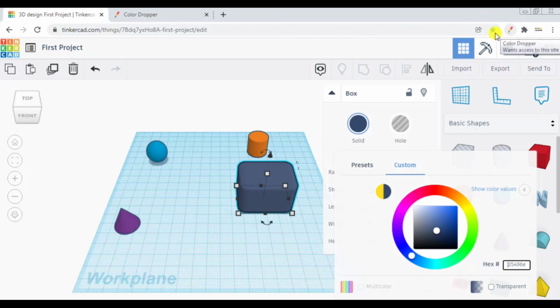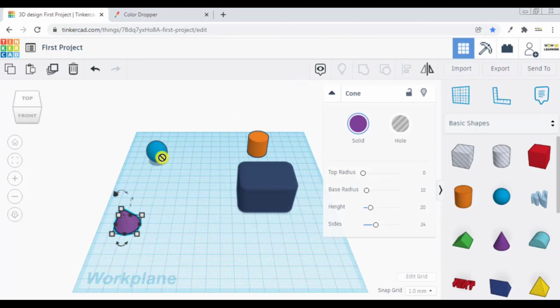If you click this color eyedropper and click anywhere on your screen, whatever color you have clicked on, see this value is coming here. So if I click on my color dropper here and click anywhere on the screen and select that, you can see a hexadecimal value has been copied.